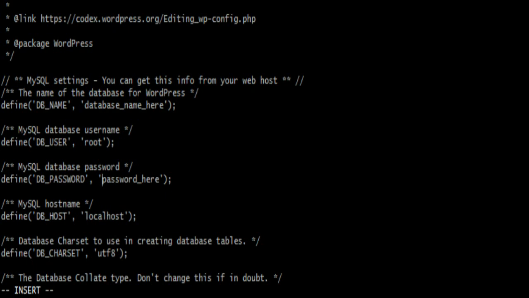But make sure you edit this properly, of course, otherwise this will not work properly. If you miss any semicolon or something, the code will break. You just need to edit three things: the database name, database user, and database password, and leave everything else.